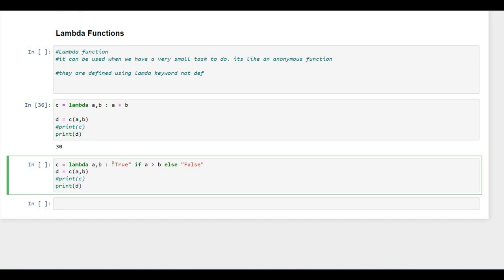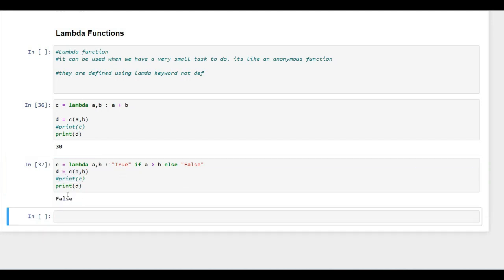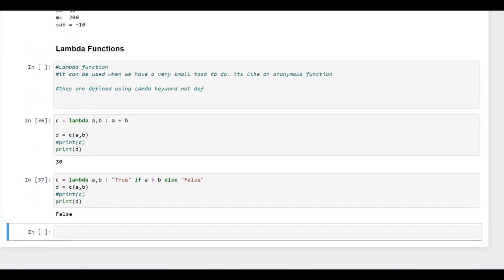And the name of this whole operation is c, and the output of this whole thing will get stored in d. So this is false because our output is false, because value of a is